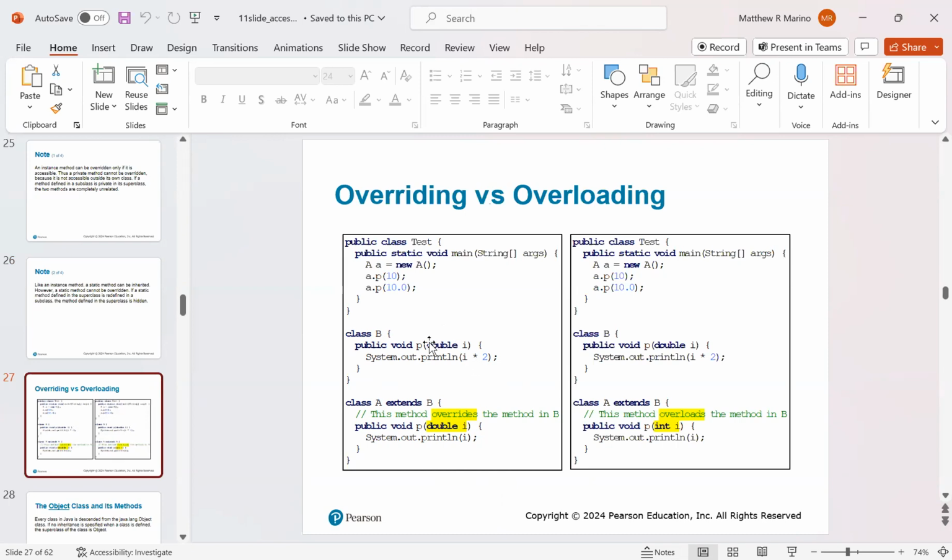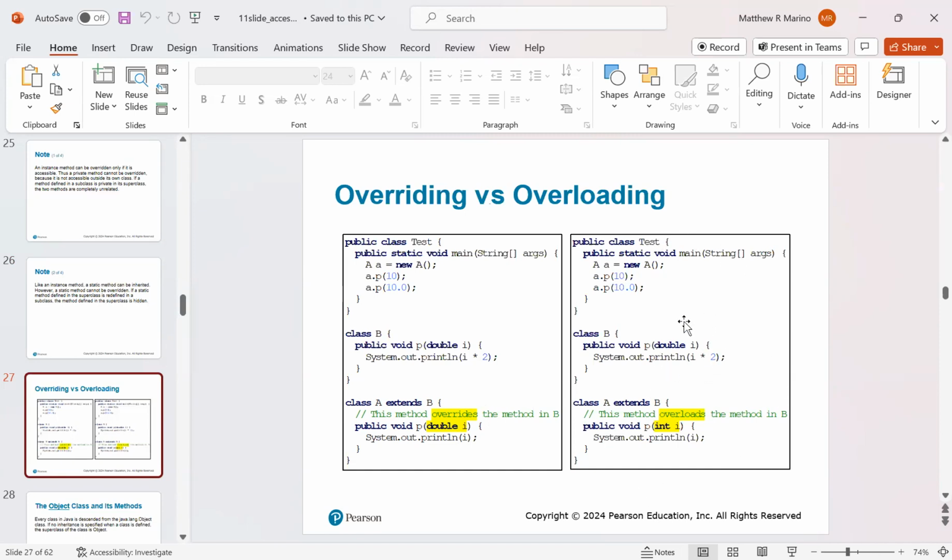So whatever we set in class B of double I will now be overridden within class A that extends class B. Just like we saw with the numbers. If I equals 5 and G equals 7, if we set I equal to G, now I also equals 7. Whereas with overloading, you'll see this